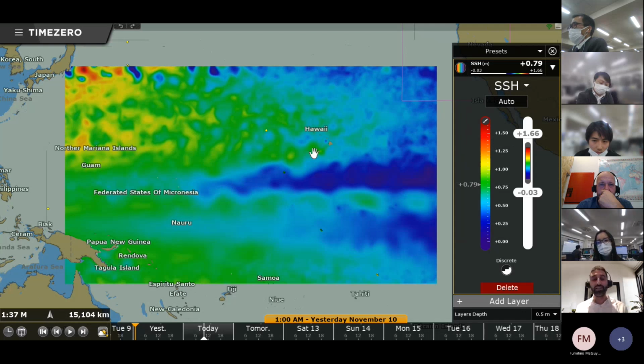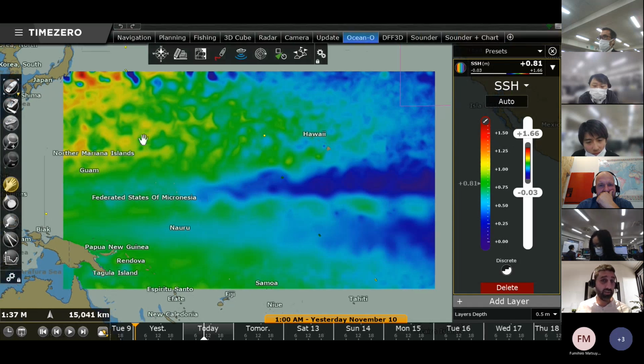Okay, and basically the fish likes to feed in the cold water that is more nutrient rich because it's more dense, but it doesn't like to swim in the cold water. It likes to swim in the hot water. Okay, so by studying this altimetry data, what we would like to focus on is the areas in between that cold water and that hot water, because the fish is always going to go back and forth, swim in the hot water, feed in the cold water. So this is the study of the altimetry.